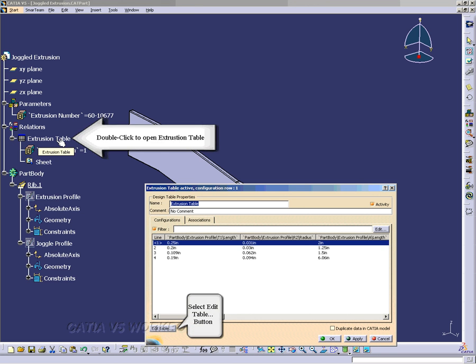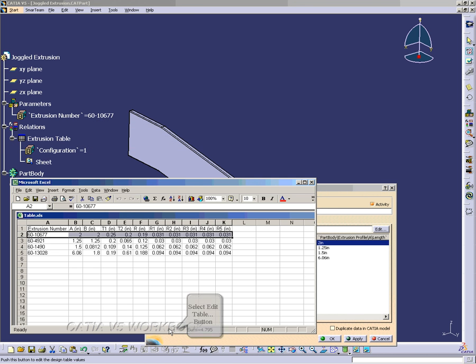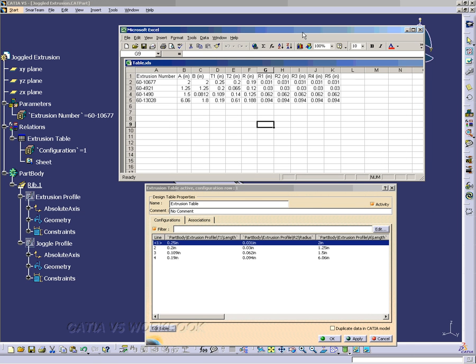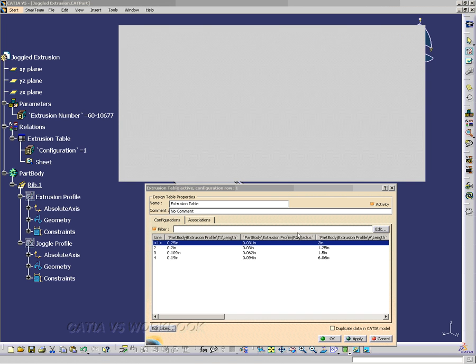Right, we're going to open up the extrusion table. I'm going to edit the table within CATIA V5, and when I edit the table, it brings up the Microsoft Excel spreadsheet. And I'm going to change the B constraint in 10677 extrusion. I'm going to save that, and once that's saved,